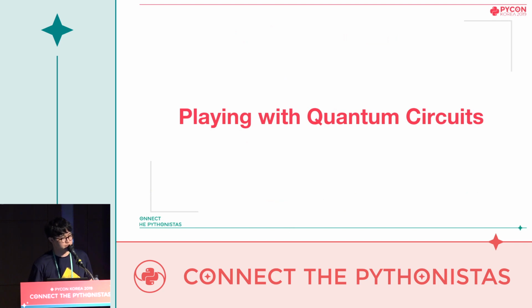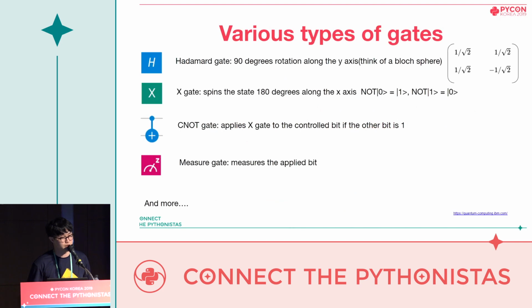Now, using these features of a qubit, we can build quantum circuits where we use a quantum logic gate that changes the state of the qubit, which you can imagine as the gate spinning the state vector in the Bloch sphere. The first gate, so-called Hadamard gate, spins the state vector 90 degrees along the y-axis. This gate is most commonly used because if you apply a Hadamard gate to a qubit that has a possibility of being 0 or 1, 100%, the gate changes the qubit to a 50-50 chance.